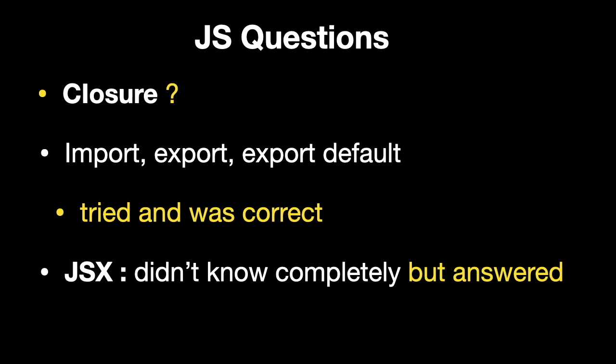अब JSX का एक क्वेश्चन पूछा गया था जो थोड़ा सा गड़बड़ हो गया था। मतलब उसमें वैसे तो सही था कि इफ और फॉर आप यूज नहीं कर सकते, पर क्यों नहीं यूज कर सकते उसका कंप्लीट रीजन नहीं पता था। तो यहाँ पे पता लगता है कि इस चीज की डेप्थ में नहीं पता, लेकिन कैंडिडेट ने बता दिया था कि मेरे को इस चीज का आइडिया नहीं है, जो कि एक राइट अप्रोच है। कुछ चीजें सही थी, लेकिन एग्जैक्ट आंसर कि जावास्क्रिप्ट ऑब्जेक्ट होता है ये, वो एग्जैक्टली नहीं बता पाए। इसी के बाद में इवेंट लूप पूछा गया था, तो उसका आंसर मोस्टली करेक्ट था। उसकी डेप्थ में हम ज्यादा गए नहीं, तो वो आंसर भी ठीक था।